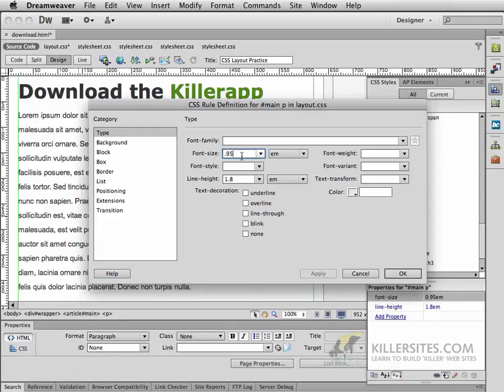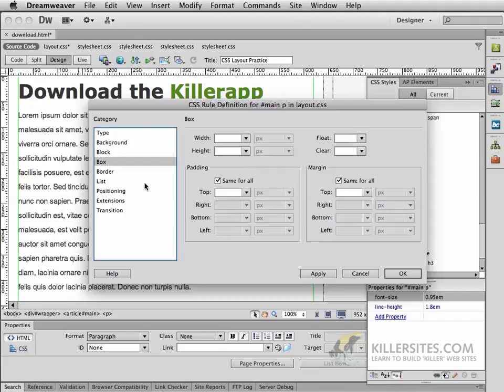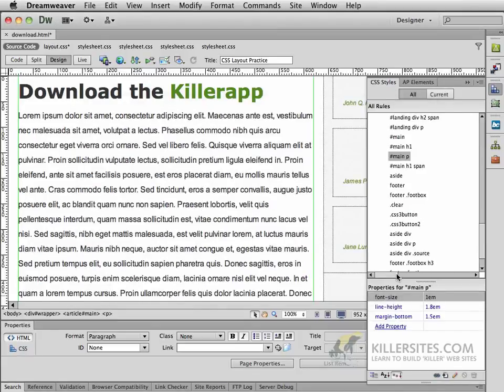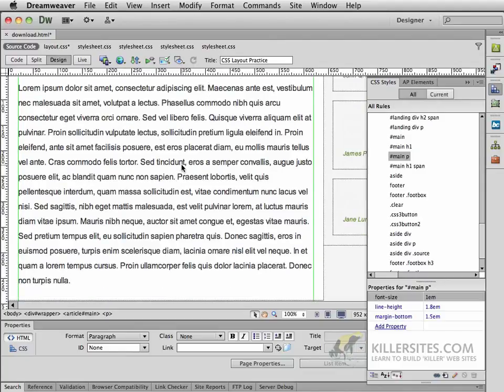Actually, looking at it, I think I just want to go back to 1. So I'll leave it at 1 and 1.8 for the line height, but I think I'll also put in a little bit of margin on the bottom. And the reason being is because we want a little bit of space after our paragraphs. So 1.5 maybe ems. And I'll click OK. Now that we've got that in place,